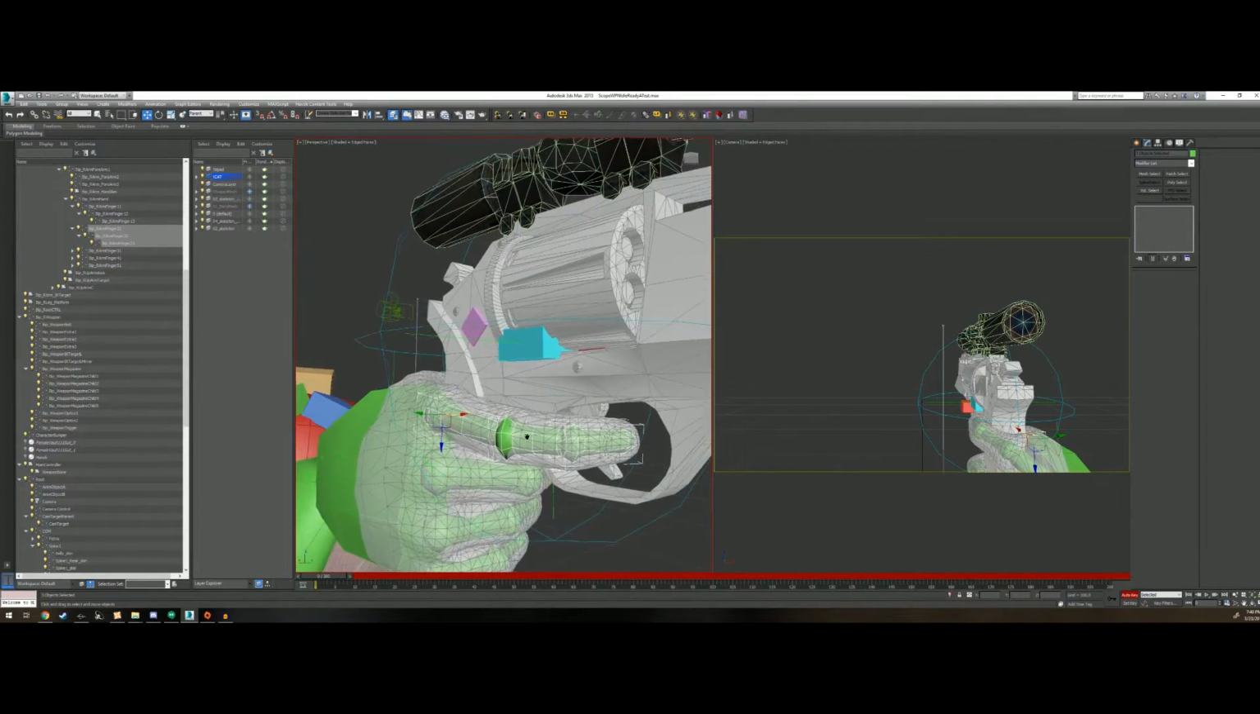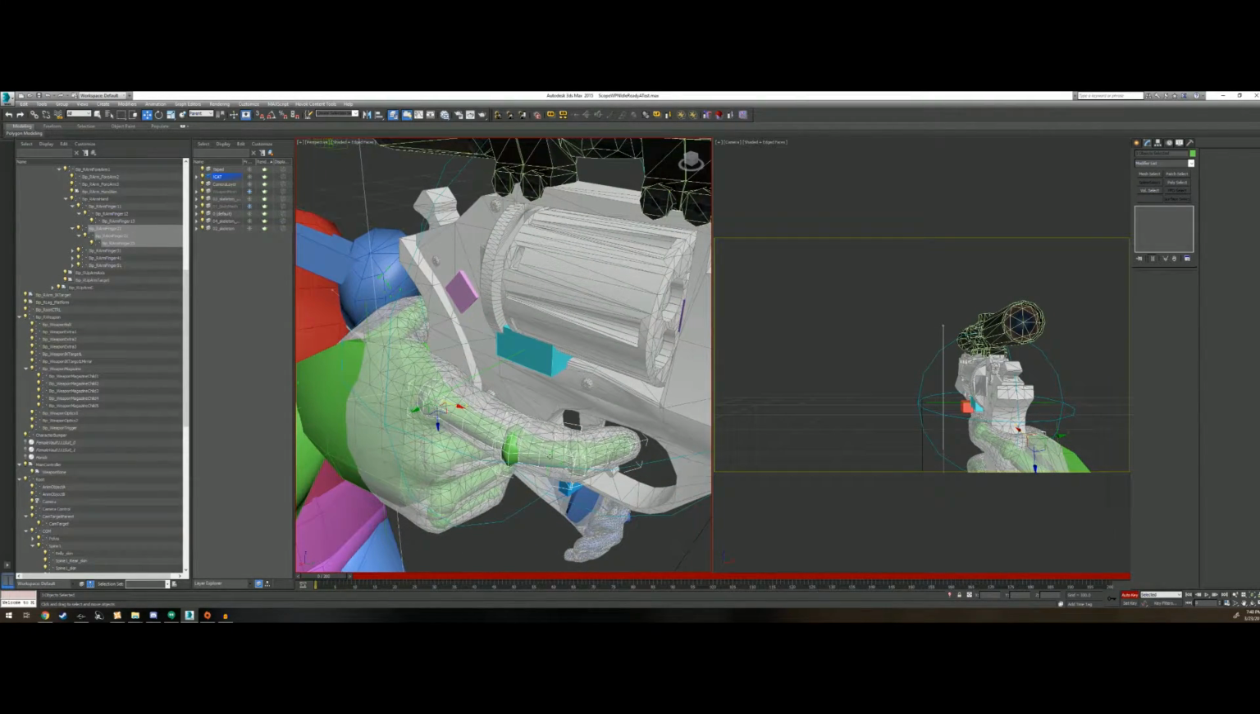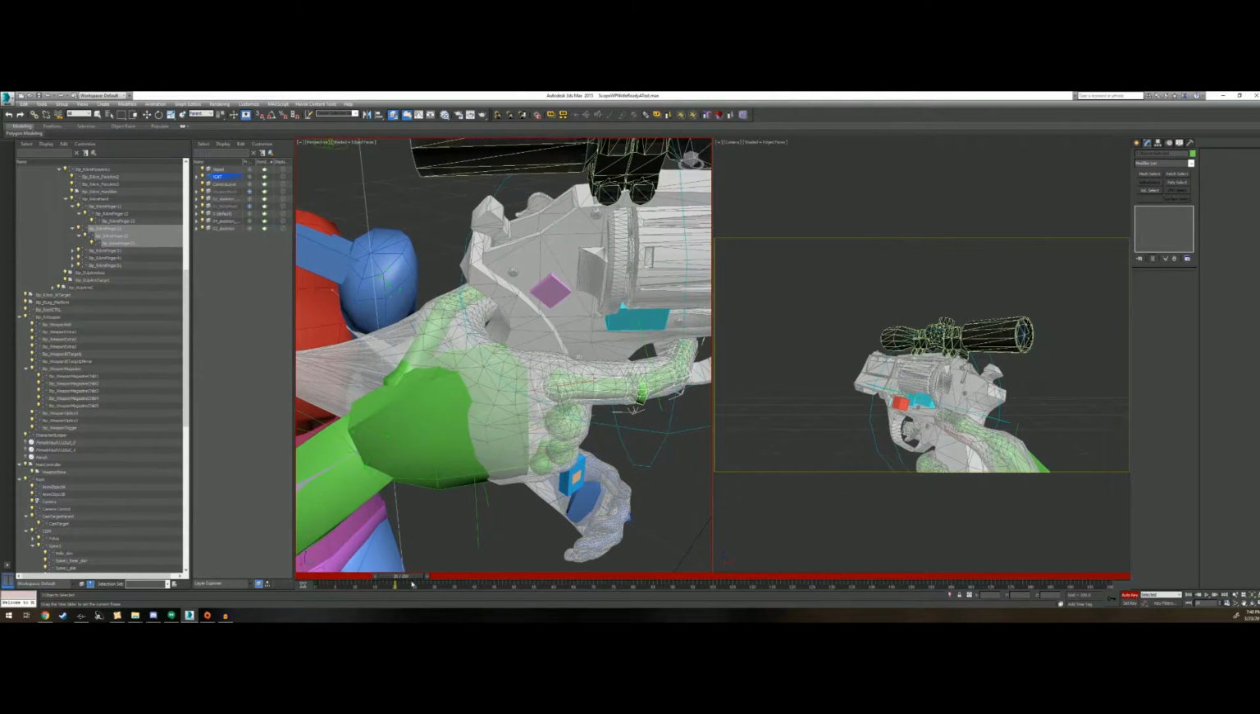So back to frame 0. We want to select each index finger bone. There's 3 of them. I'm going to mark the key, and by 20,